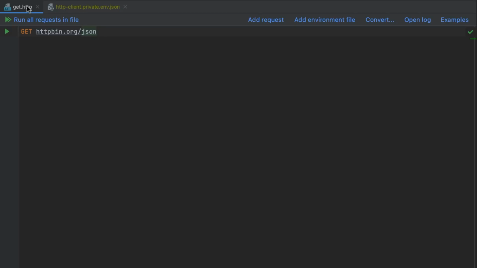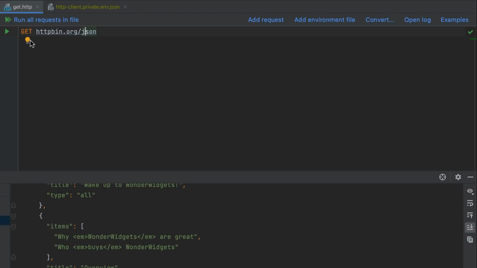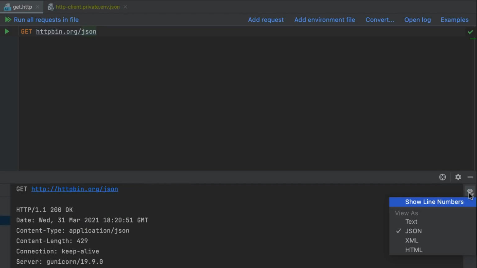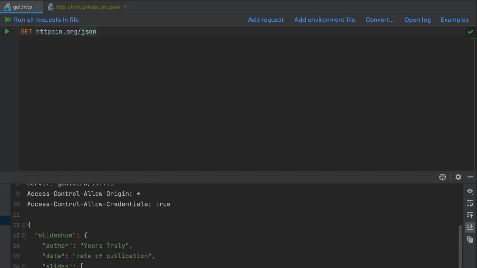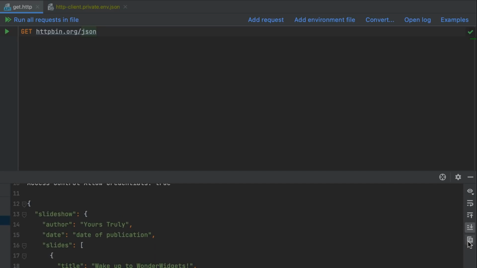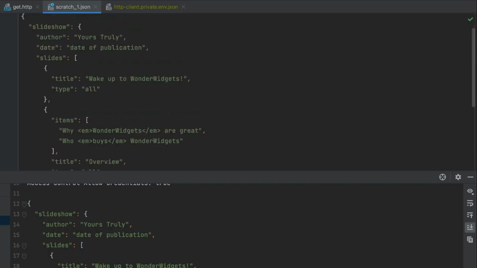Now let's run a request and look at the received response. Here, you can now switch the viewing mode between text, JSON, HTML, or XML and enable line numbers. There's also a new button to quickly copy the response body to the clipboard. Let's do just that, and then create a new JSON scratch file to take a look at another new feature,